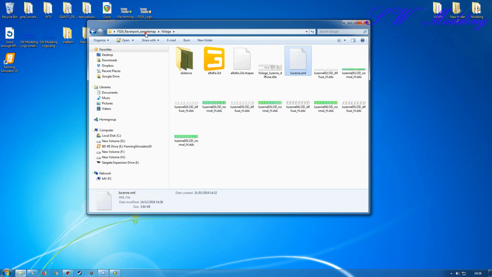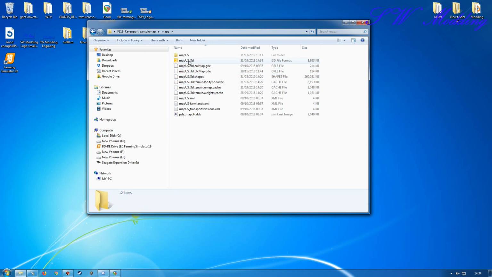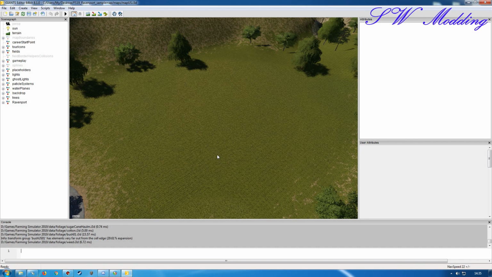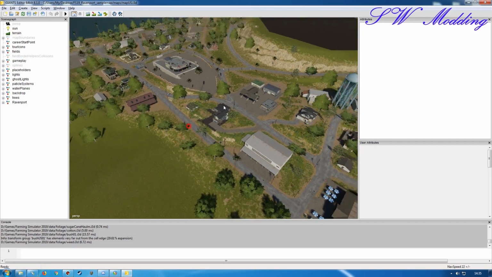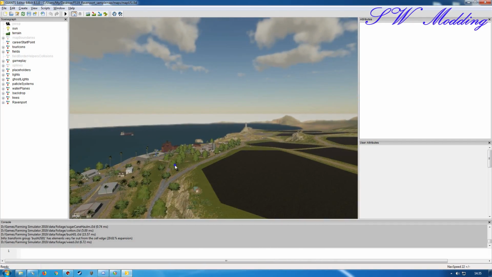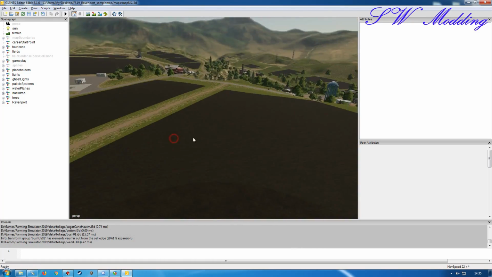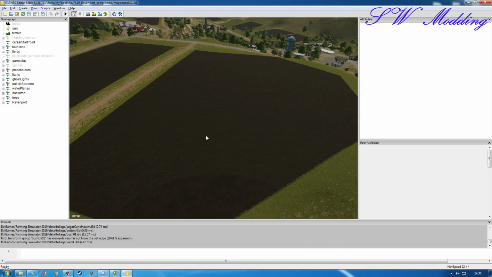We'll close that down. To test this out, really straightforward, just open the map up in Giants Editor, and it will load all of the parts required directly from that XML, so we no longer have to add in all of the layers directly into the i3D. It's loaded into the map through the XML, and then certain distance channels are added into the map 01 or map US or whatever it might be called